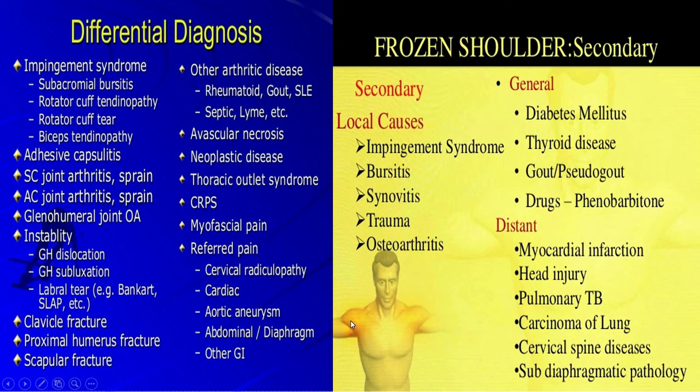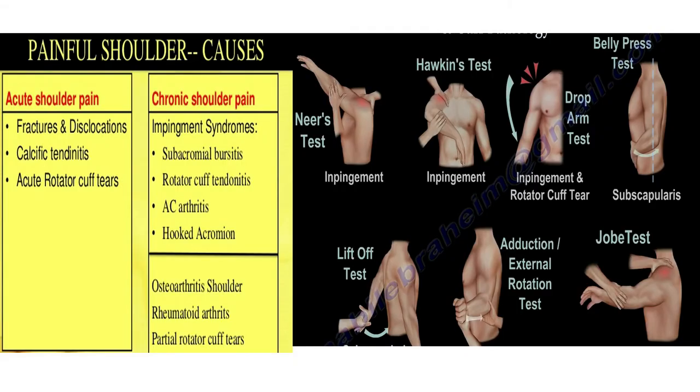So adhesive capsulitis can be diagnosed clinically, and on radiology there is no destruction of the joint; the joint will be normal. Now, if there is pain on abduction, this is called Neer test positive. If pain on internal rotation, it is called impingement, Hawkins sign. If the patient cannot hold the arm in extension and just drops the hand, this is called rotator cuff tear, the drop arm sign. If the patient feels pain over this joint with a belly press, this is called belly press test.